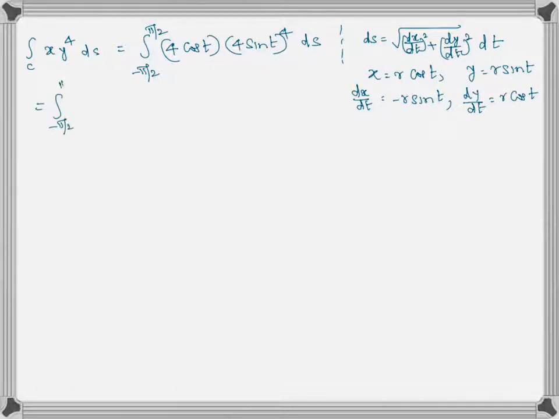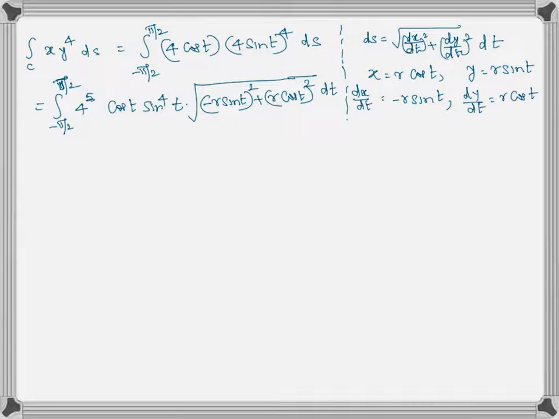So the required line integral is the integral from negative pi by 2 to pi by 2 of 4 to the power 5 cosine t sine to the power 4 t. Then you substitute dx by dt and dy by dt for the radical part. So it is negative r sine t the whole square plus positive r cosine t the whole square. You can replace r by 4 in this particular case. So it is 4 to the power 5 times the integral from negative pi by 2 to pi by 2 of sine to the power 4 t times cosine of t,